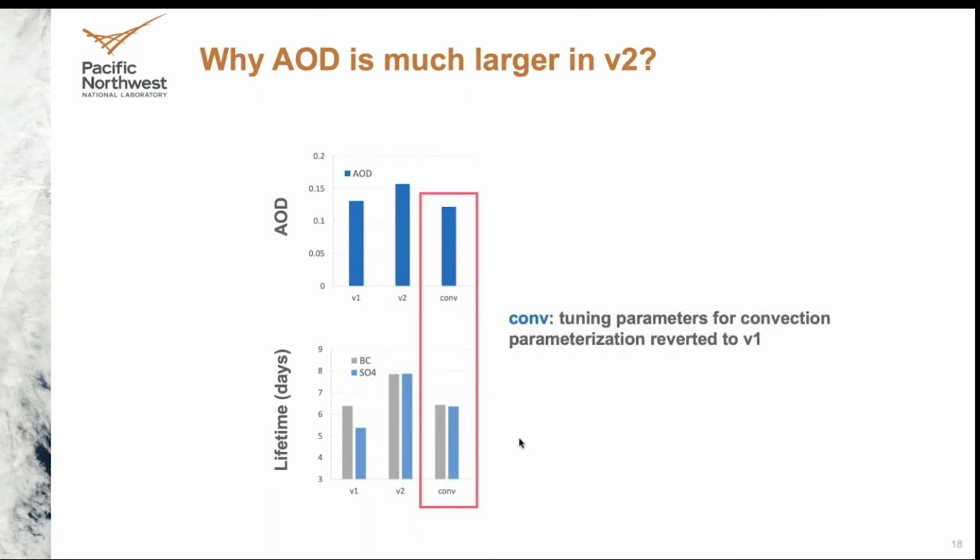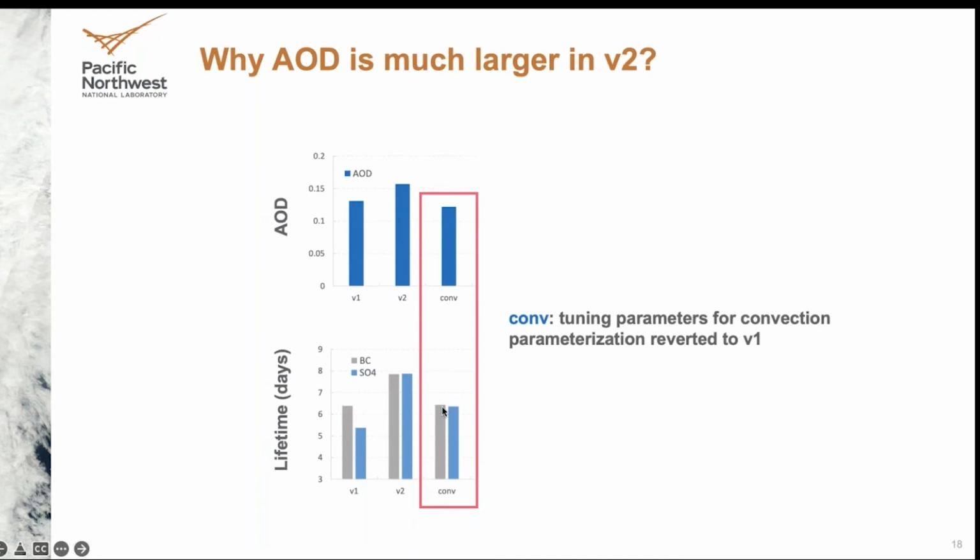So we performed one simulation by reverting the tuning parameters for convection parameterization, and this column shows the updated result. As we can see, after reverting those tuning parameters, the AOD is greatly reduced,